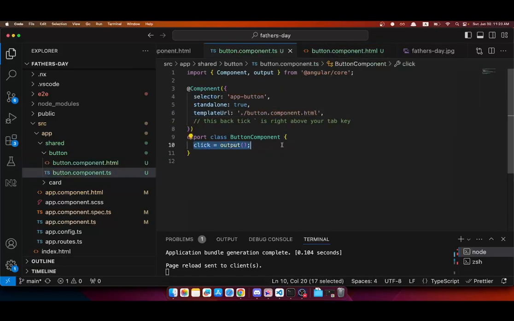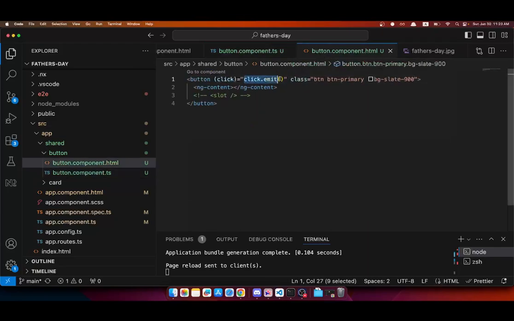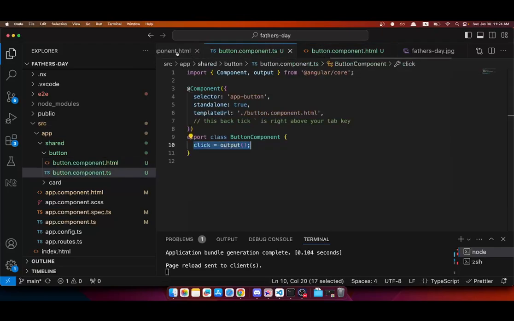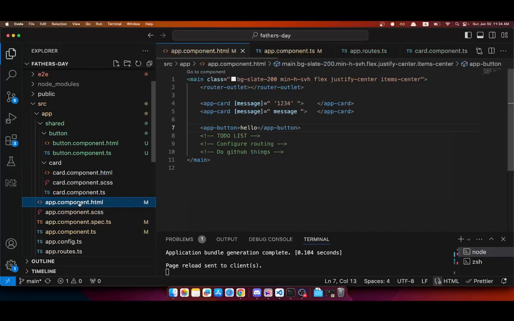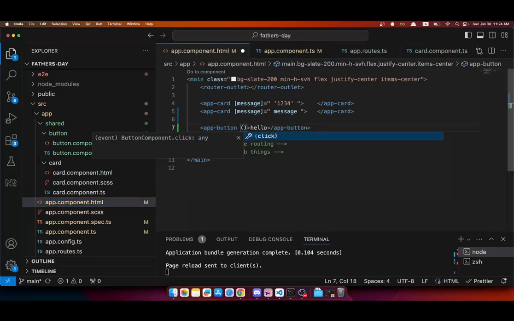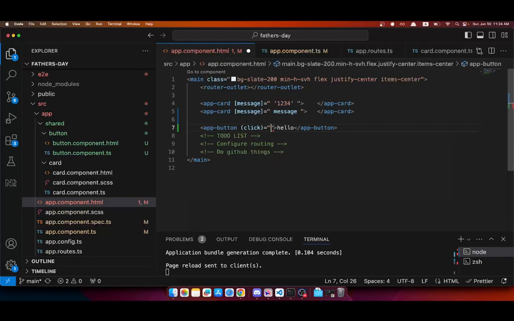I want to see if our click event is working. So we have a click.emit. So in our app component, let's go to our app component.html. And then we should be able to listen to click. So after I type the round brackets, it already understands that there is one event from this component, and that is the click event. I'm just going to hit enter. And what function do we want to run when this event occurs? We don't actually have a function in the app component yet, so let's just